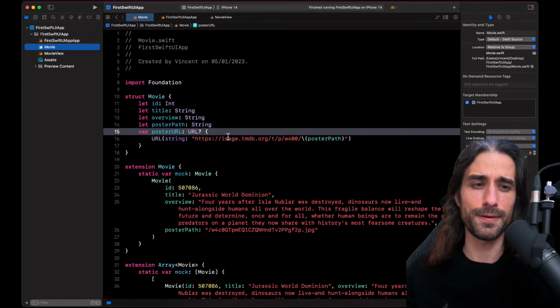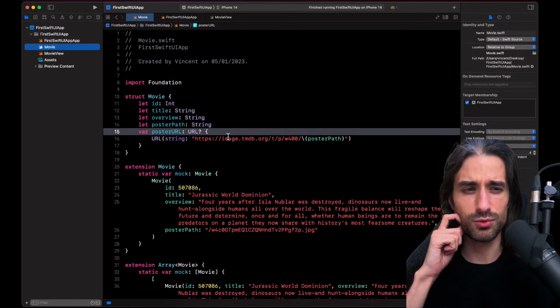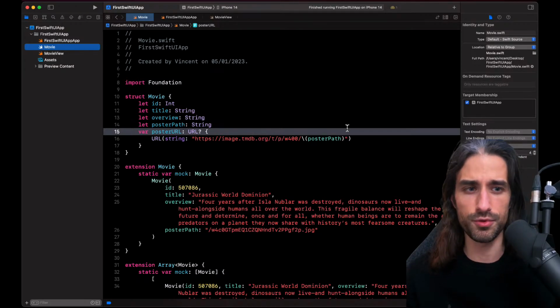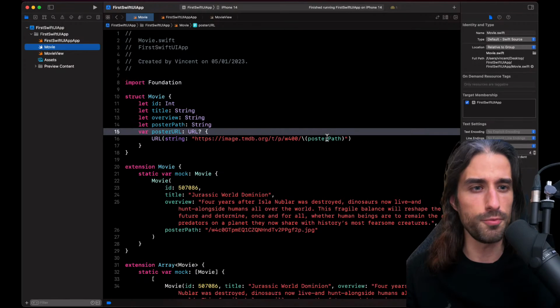I would say the force unwrap in production code might have been a bit too strong, because the app doesn't have control over what the API sends. So it might have been a bit of a risk, because if the API sends a bad path, then the app would crash.